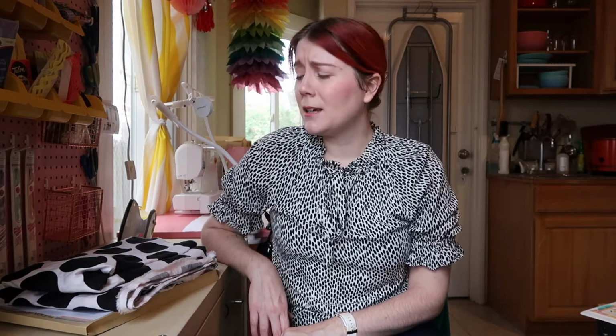I mean, there should only be technically one measurement that I need to get right, but I believe there is a zipper, which me and zippers, we got a love-hate relationship. Yeah, anyways, Stanwyck skirt. And the last thing I'll be making for the month of July is going to be